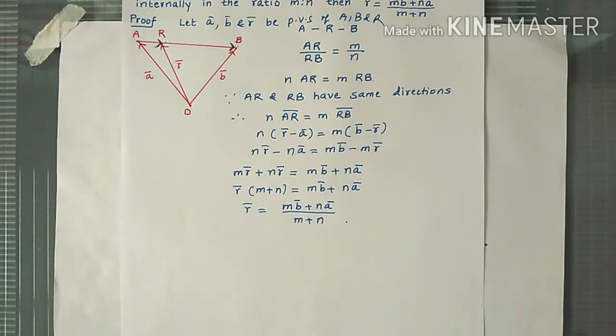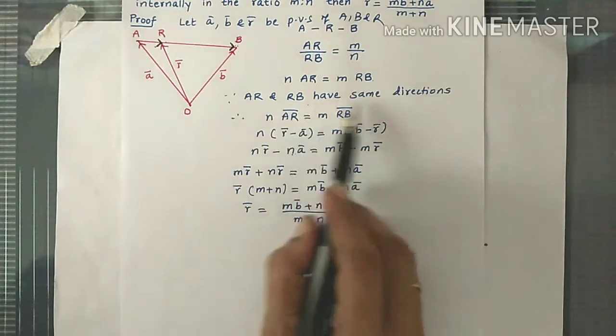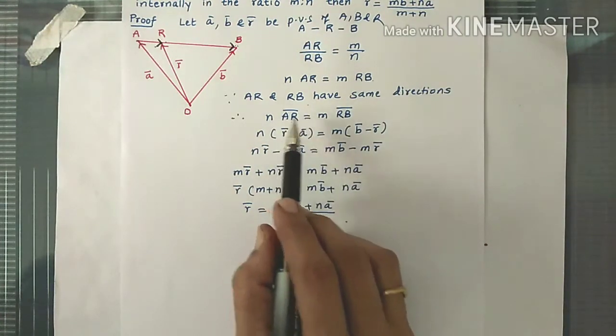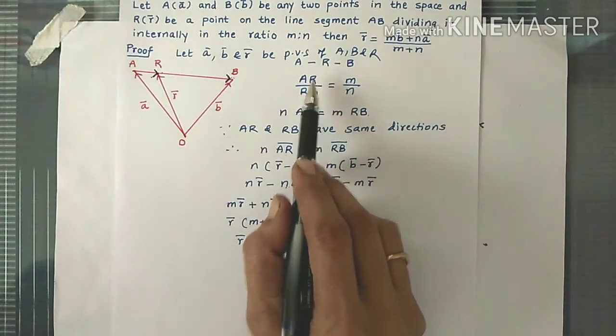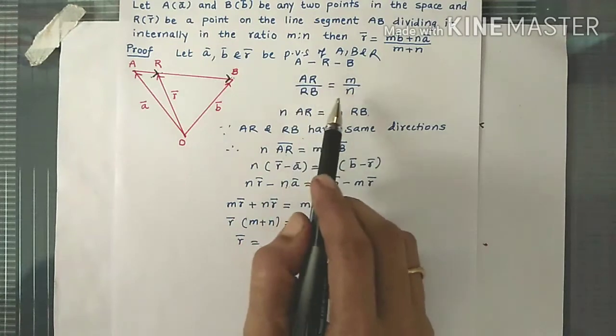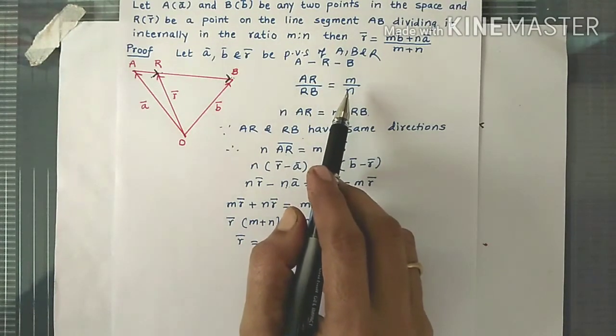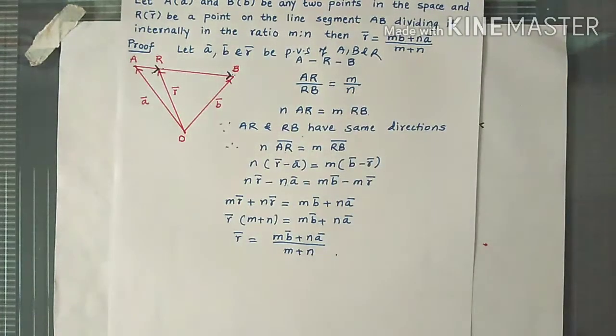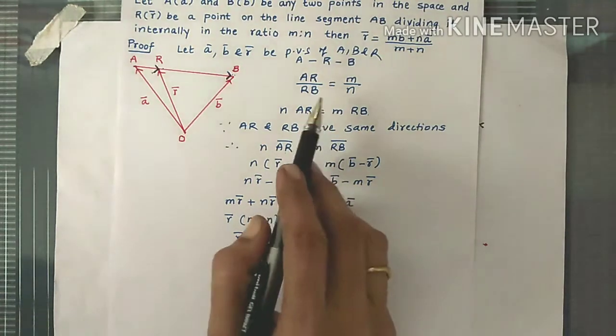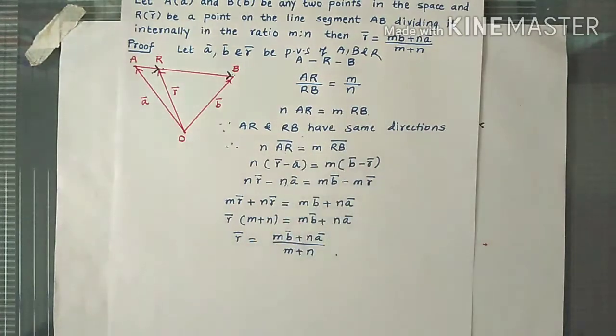So really very simple proof. Only thing is we have to mention this direction. That is the reason for this vector equation. And we have to remember that here this equation is for line segments. Length of the line segment, it is in scalar form, not vector form. Don't write it as AR bar divided by RB bar, because we have not defined vector division. So that's why first of all we have to cross multiply, and then we have to convert that equation into vector form. So this is section formula for internal division.